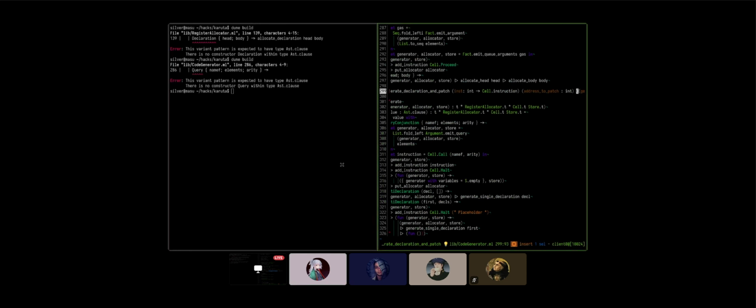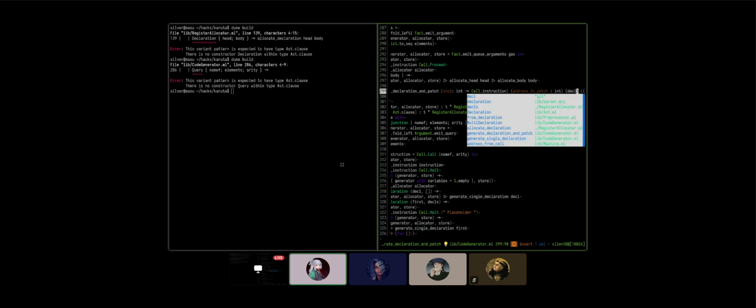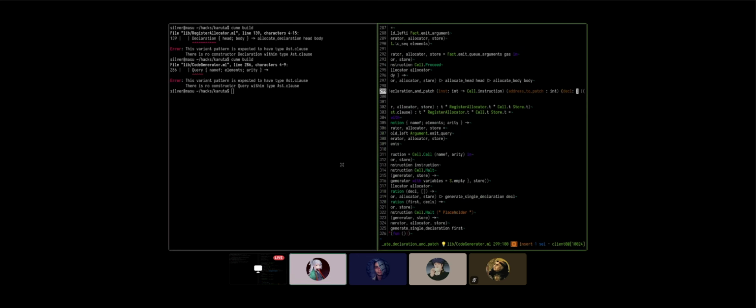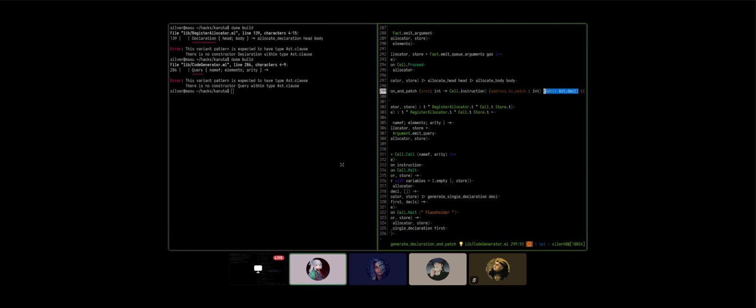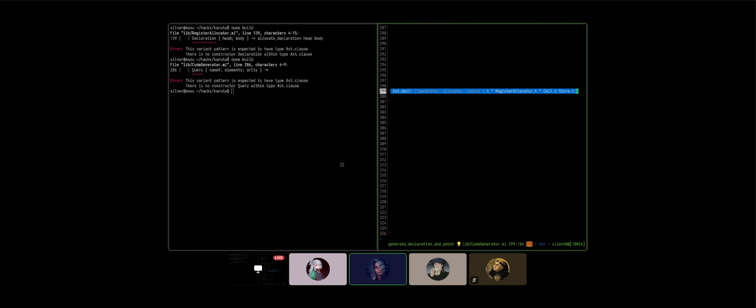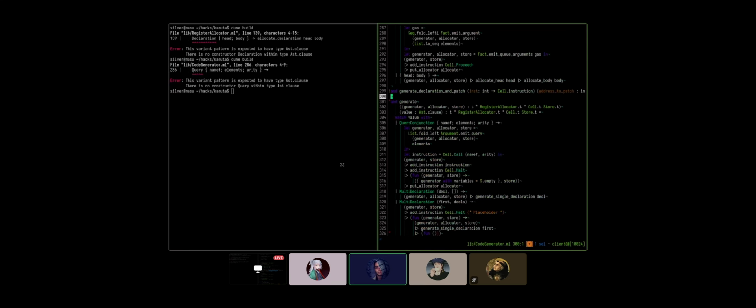We need the declaration that we're going to emit the code for, probably ast dot something, right? Well, I think we're already into premature optimization. We don't need to have the fold correct on the first try. It's okay.